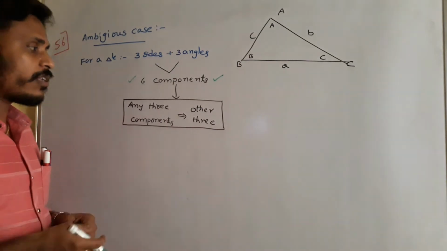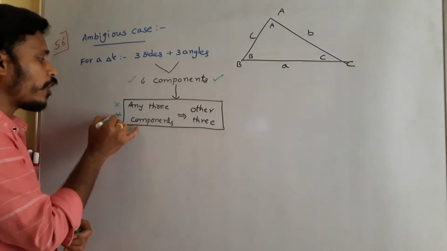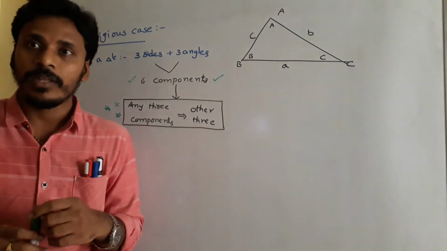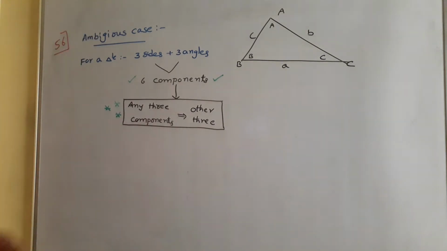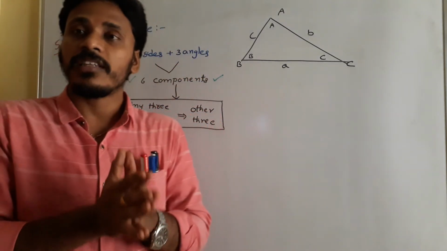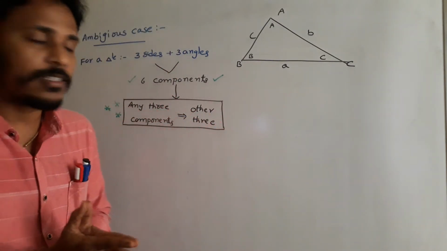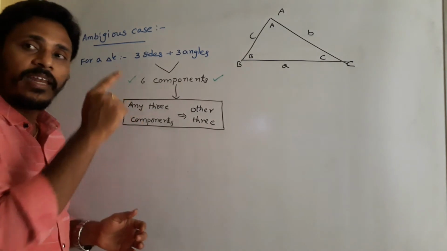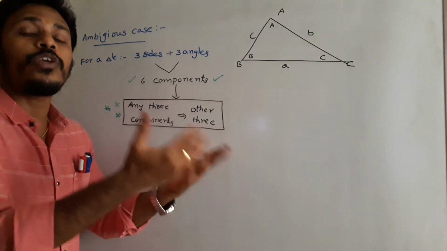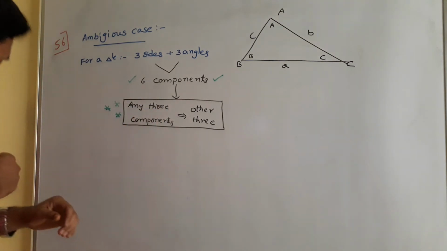things. Those congruencies or those geometrical properties tell one beautiful thing, that if you have any 3 components, then those 3 components are enough to find the other 3 components. Once again I am repeating, just have a look here. For a triangle, knowing a triangle completely is nothing but knowing all its 6 components. And among those 6 components, if you know any 3 components, then easily you will find the other 3 components. Okay, so which 3 you have to know and which other 3 we can find, that discussion leads to this discussion. Okay, you just have a look.